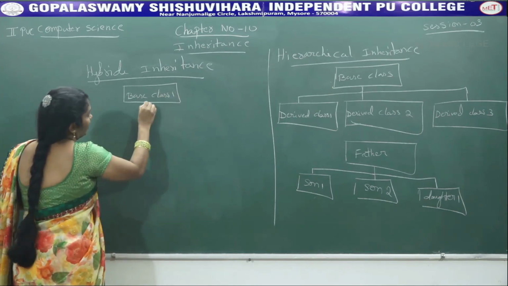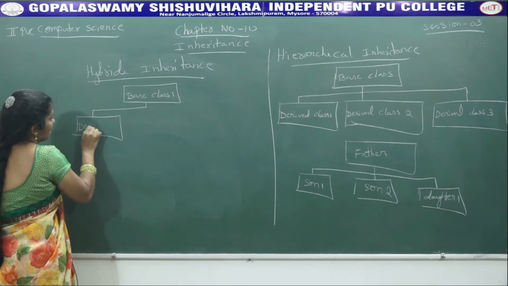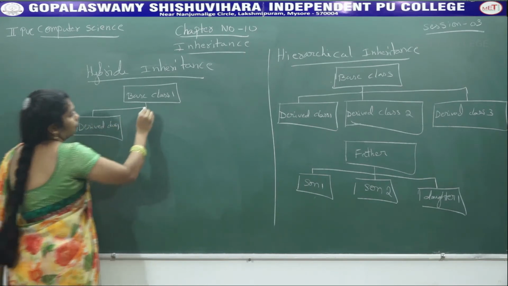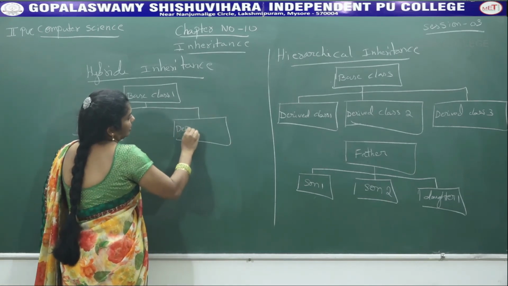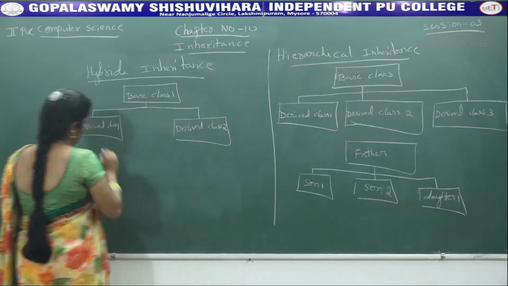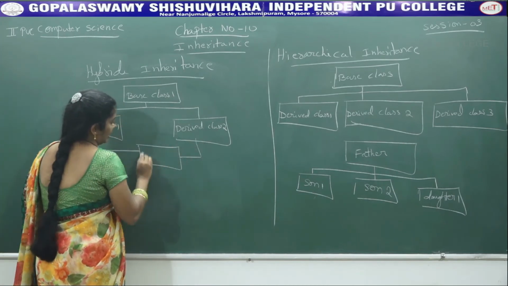From that we get one derived class, derived class 1. From this one more derived class, derived class 2. From these two we get one more derived class,